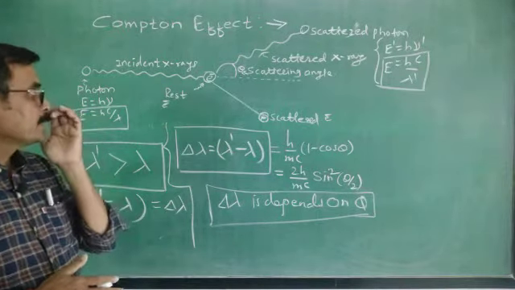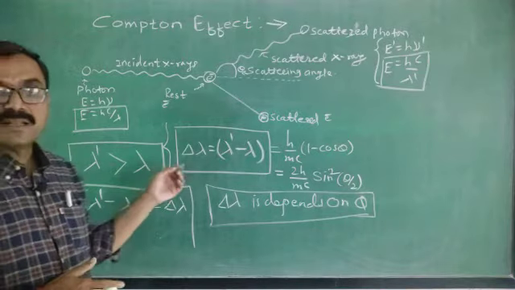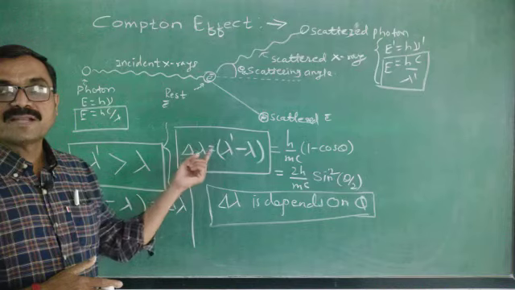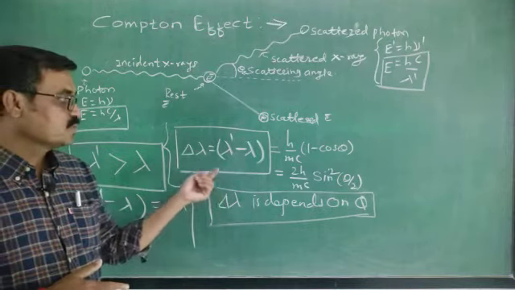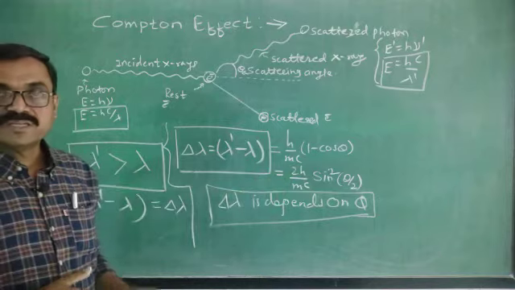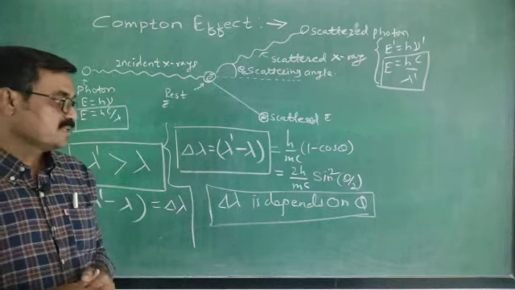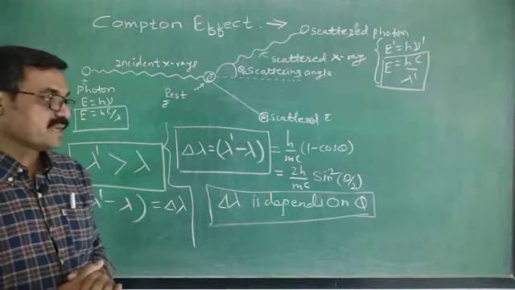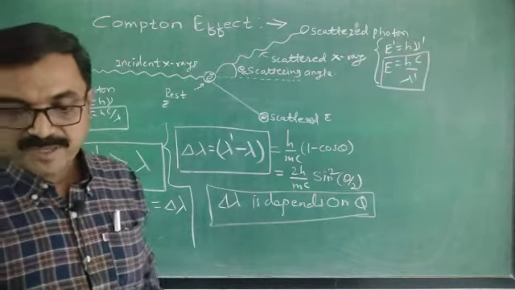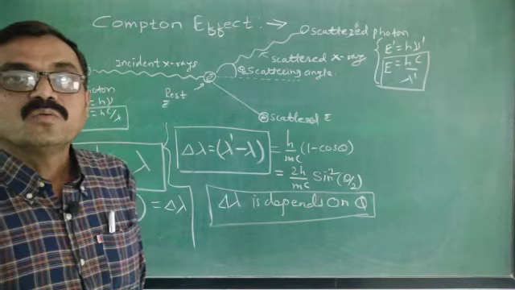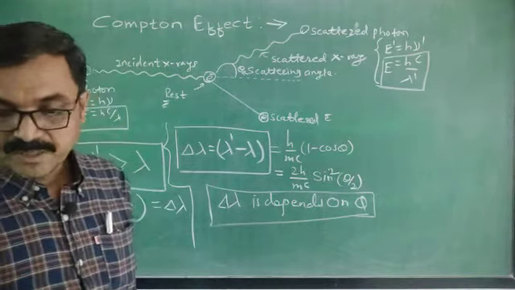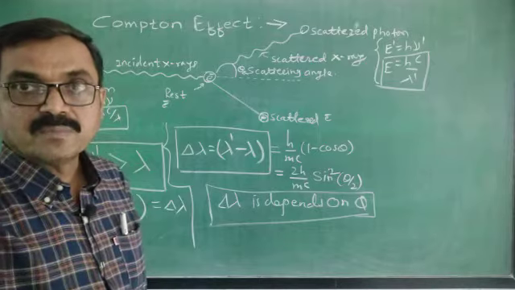And according to this Compton effect, this delta lambda is a Compton shift, and it equals lambda dash minus lambda, and it will be equal to 2h upon mc into sine square theta by 2, where theta is the angle of scattering. From this it is clear that this Compton shift is directly proportional to theta. Now we will stop here. Now we have to see the Compton effect. Now see what happens in the Compton.